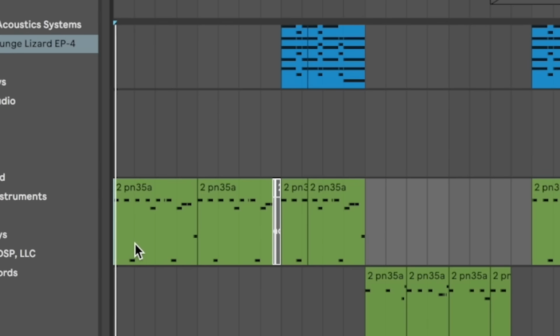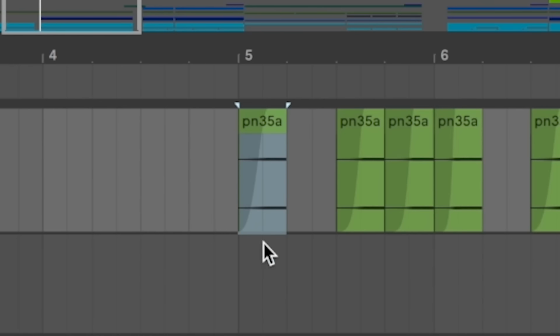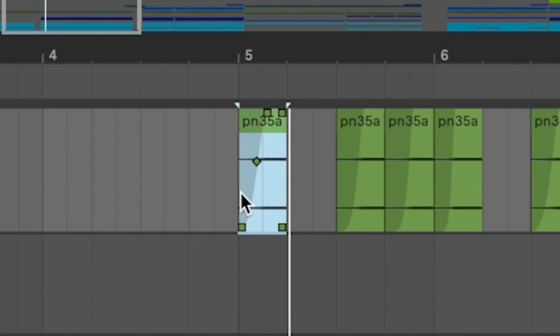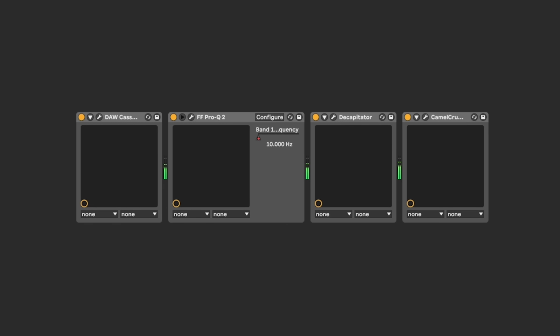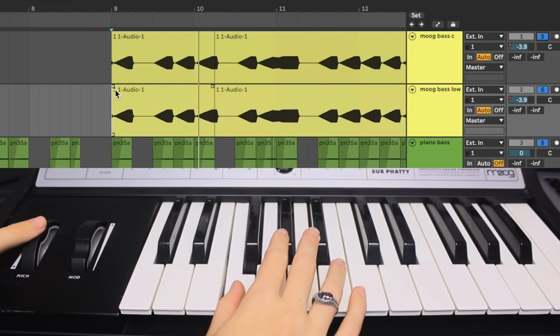The core of the track is over this chop that I did of the second half of the section. I chopped the lowest note of the sample here and I made a bass line out of it. I used the pitch modulator to create this swooping effect, so it sounds like this. And I put all these effects on it. A lot of compression, a lot of dirt, and then I layered it with my Moog so it sounds really beefy.